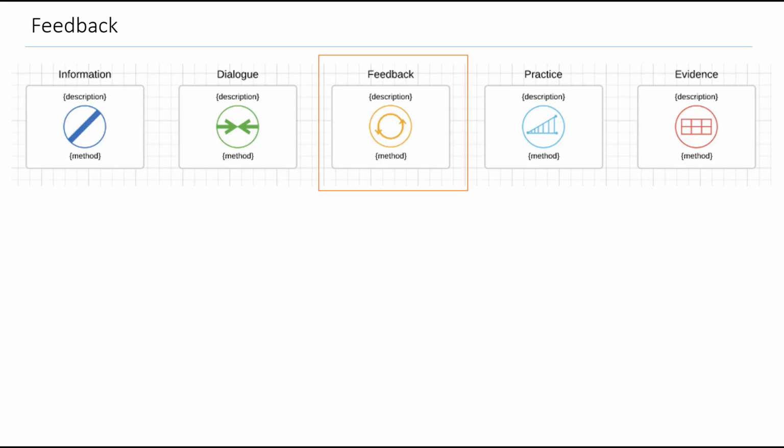The next building block, the feedback building block, represents opportunities where feedback is built into the learning environment. As a common example, feedback is often provided from an instructor on an assignment or an essay or something along those lines. In contrast, an instructor may seek feedback from students about how the course is progressing and areas that need to be dealt with, or where the student feels confident or unsure of a particular piece of content. The feedback building block represents results from another building block, most likely a dialogue, practice, or